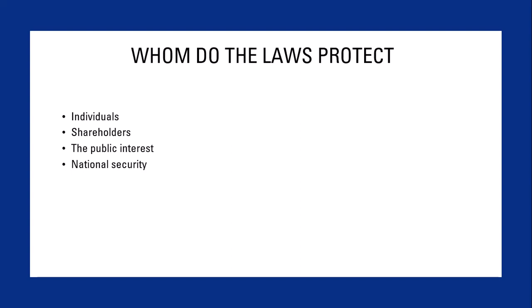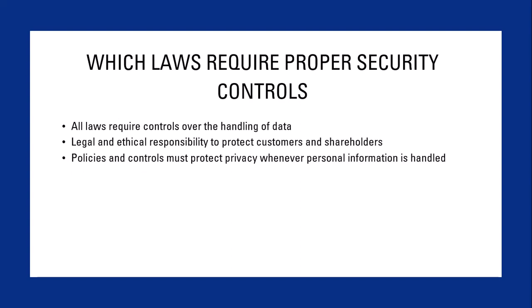The public interest. Many compliance laws are designed to protect not just individuals, but society as a whole. For example, CIPA helps ensure that children can take advantage of educational benefits of the internet without being exposed to inappropriate content. GLBA helps maintain trust in the financial system by protecting against fraud and abuse. Laws like FISMA help ensure that federal systems and data are protected from foreign adversaries. Regulations around critical infrastructure, such as the power grid and telecommunication networks, help maintain the stability and resilience of our nation.